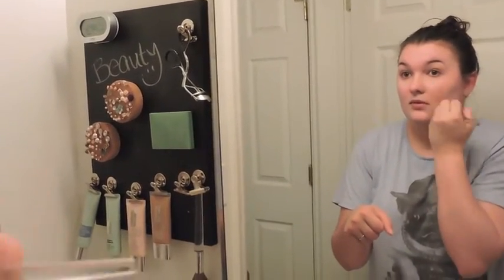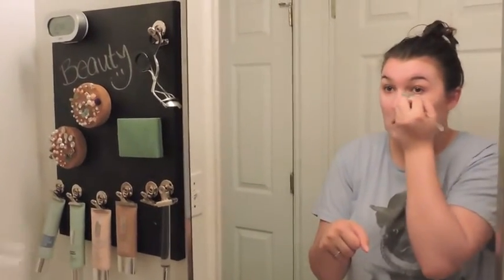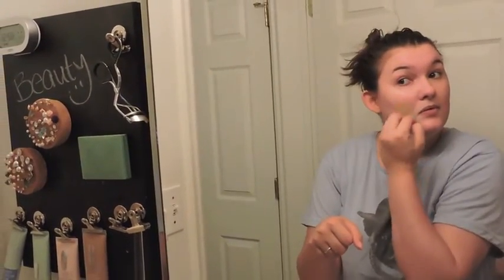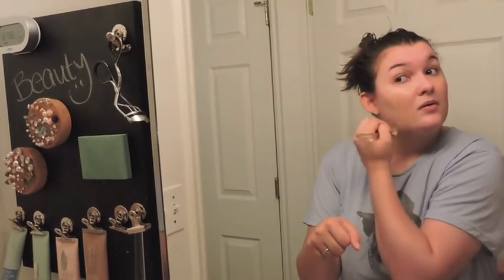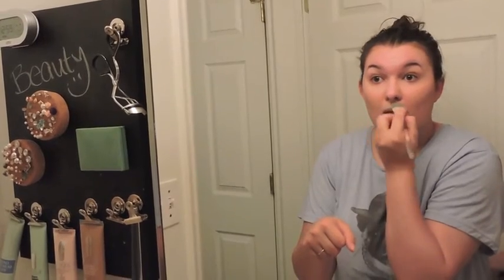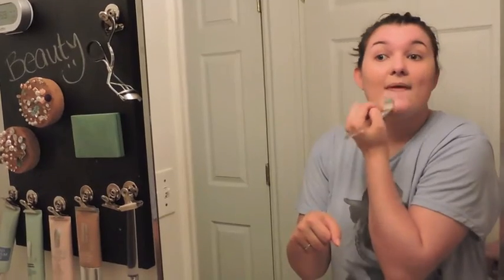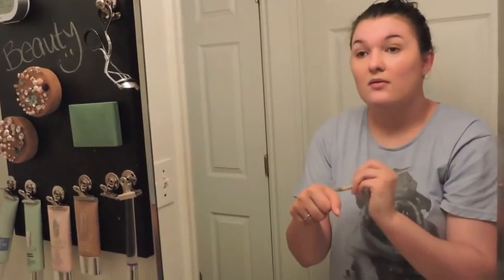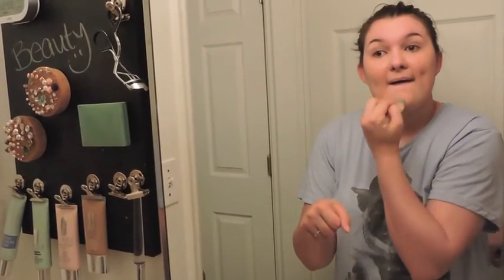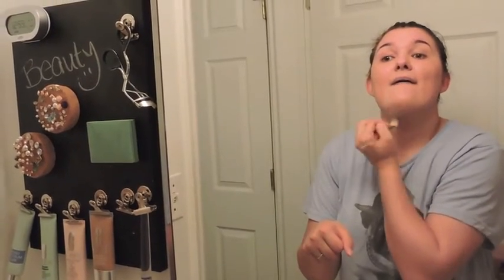I find that it really moisturizes my face, and I do have oily skin actually, and so some people don't like to use moisturizing foundation if they have oily skin because they feel like it'll make their face more oily, that slippery slope as some people call it, and I don't find that to be true. I find that if I moisturize my face, it's not as oily during the day. So I super love this foundation for that reason, I feel like it really has nice coverage,